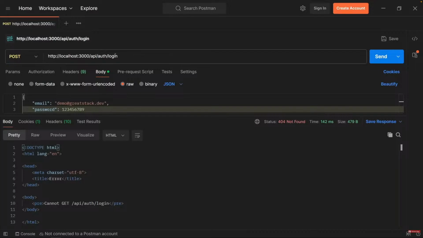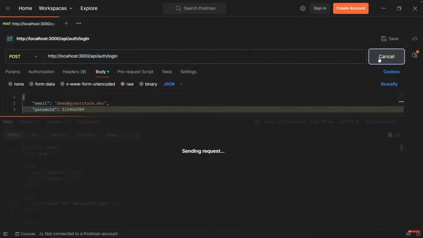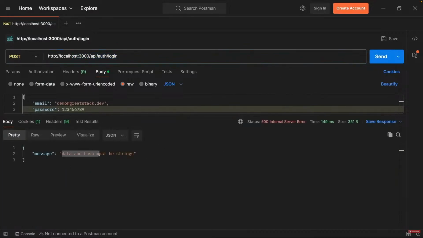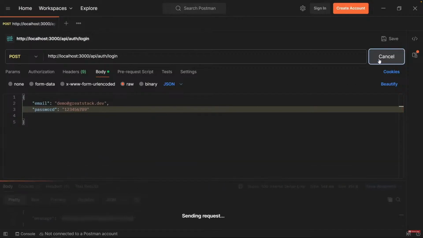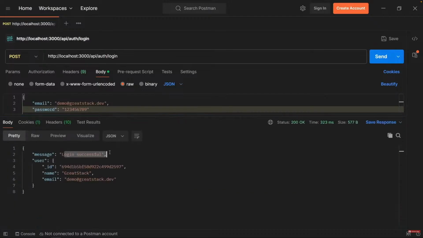From this drop down, we'll choose this post because we are using this login path. I'll click on send button. Now you can see data and has must be string. So I'll just change it in string, which is our password. Click on send button. So now you can see the message login successful, and we have the user details like